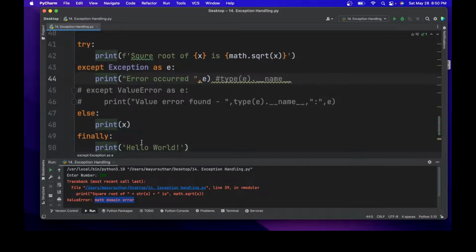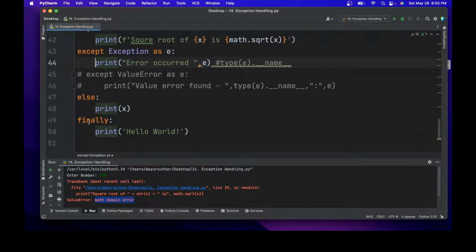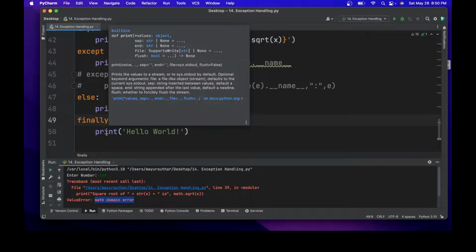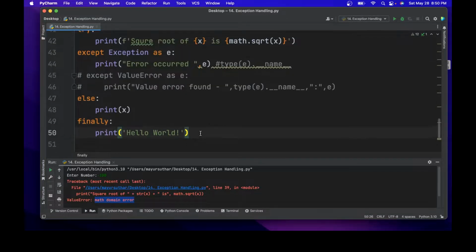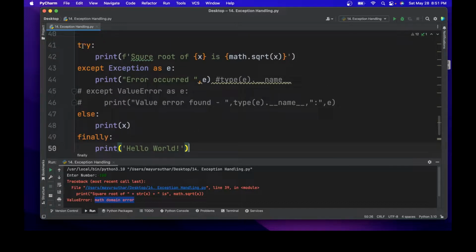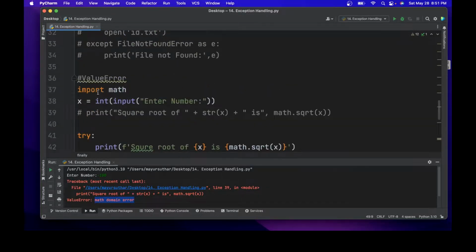And the last is finally. Whatever we have written inside the finally, it is going to print at any cost, whether our code fails or succeeds. Okay, now let's try it out. So there are four keywords: try, except, else, and finally. There is no requirement to use all of them. We can go with just try and except, but here I have written all of them so we can understand it completely. Now I'm going to use the same code